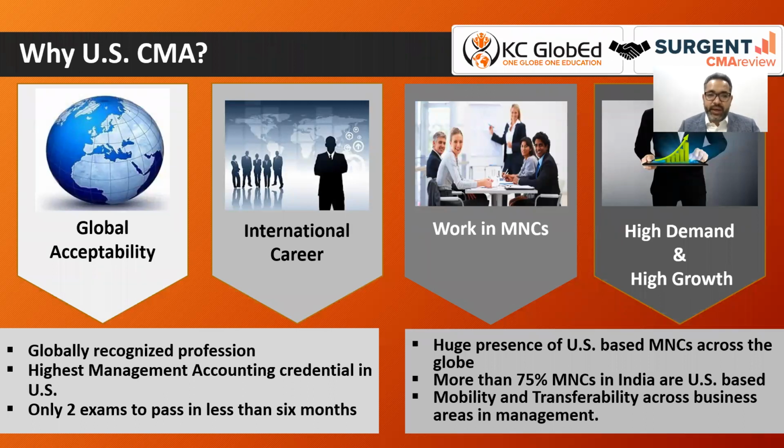And in India, Google has its second largest office. Tesla has recently made more than $10 billion of investment in setting up an EV plant in India. Amazon has its second largest office in India. Facebook last year made a $10 billion investment, tying up with Jio to set up a center in India. Almost all the big US companies are making their second largest office in India, and those companies require a huge number of US CMAs every year.